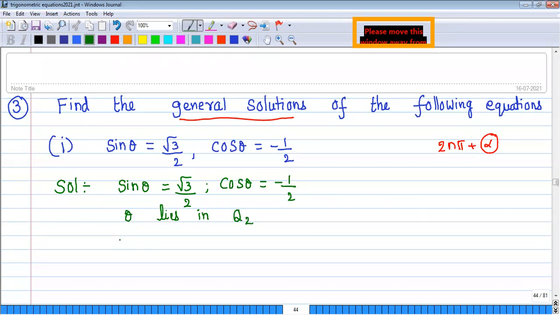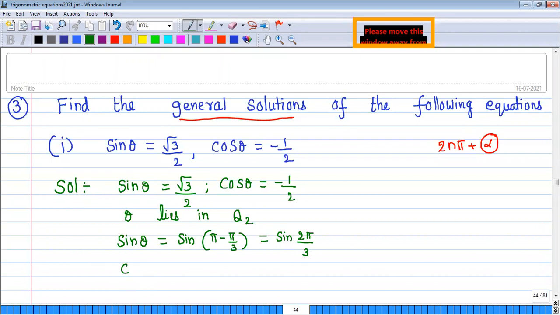So now we need to write like this. Sin theta is equal to, actually we can write this is sine 60 degrees is root 3 by 2, but it's second quadrant, pi minus pi by 3. That's equal to sine of 2 pi by 3. Even sine of 2 pi by 3 also root 3 by 2 only.